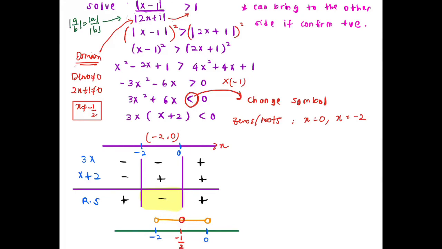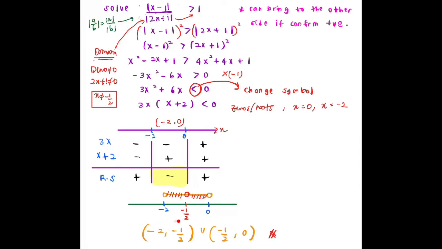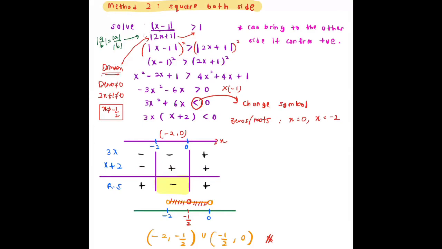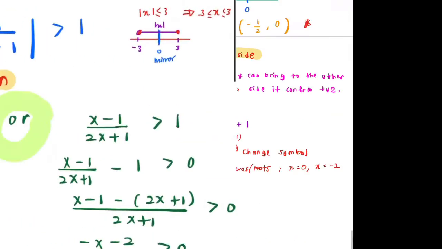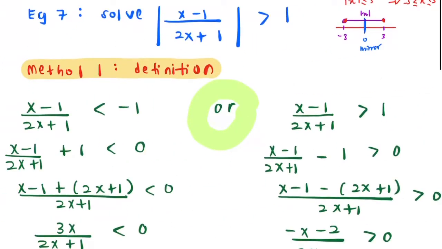So let's read our final answer. Read carefully. This is this part here, union another part. So this part here is minus 2 until minus half, union minus half until 0. So this is your final answer. So actually this is the shortcut way where you square both sides. Actually we have another method